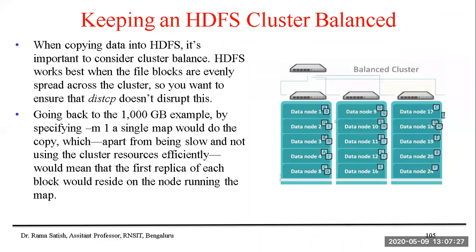One person doing 1000 GB of data is definitely a slow process. And of course, it is not using the cluster resources efficiently. So what that map will do, wherever it is nearby, it will keep all the data nearby. It is just like, normally in village sites,